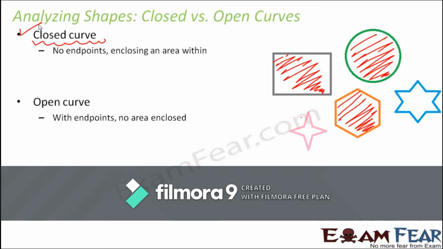Now the other type of curve is called an open curve. Now what are open curves? These curves do have end points, but they do not have any area enclosed. So let us look at some of the images here. In these shapes, this is the start point, this is the end point, or it could be vice versa as well, but you can very distinctly see these two points. So you know from where it started, you know from where it ended. So basically the end points exist.